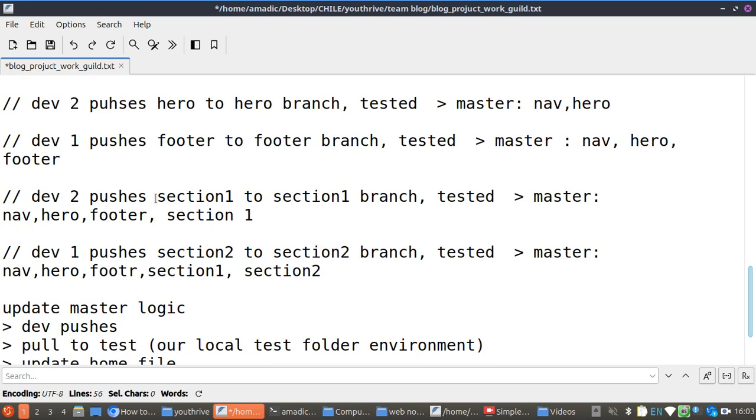Now dev 2 finishes the section 1 and pushes to the section 1 branch, and this is being tested on a local PC, and everything is working as expected. Then it's being merged to the master branch. Now why are we merging to the master branch? Because it's the master branch that will contain error-free code that will be hosted online. So that is the need for this testing, and you see how I'm going to do that using a local